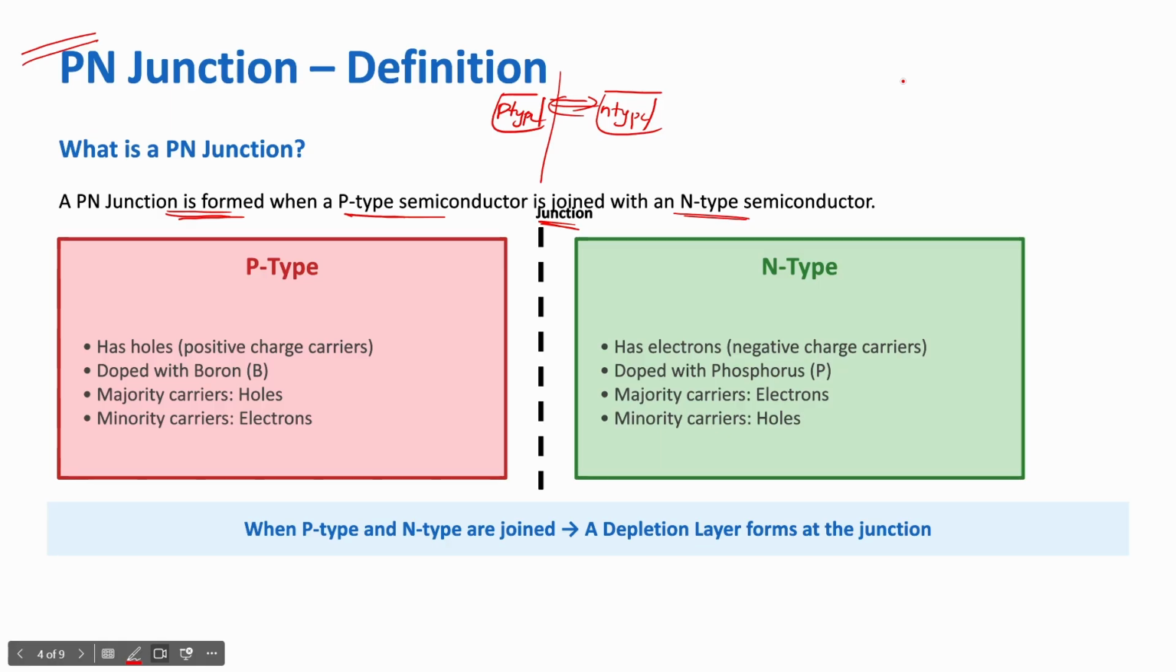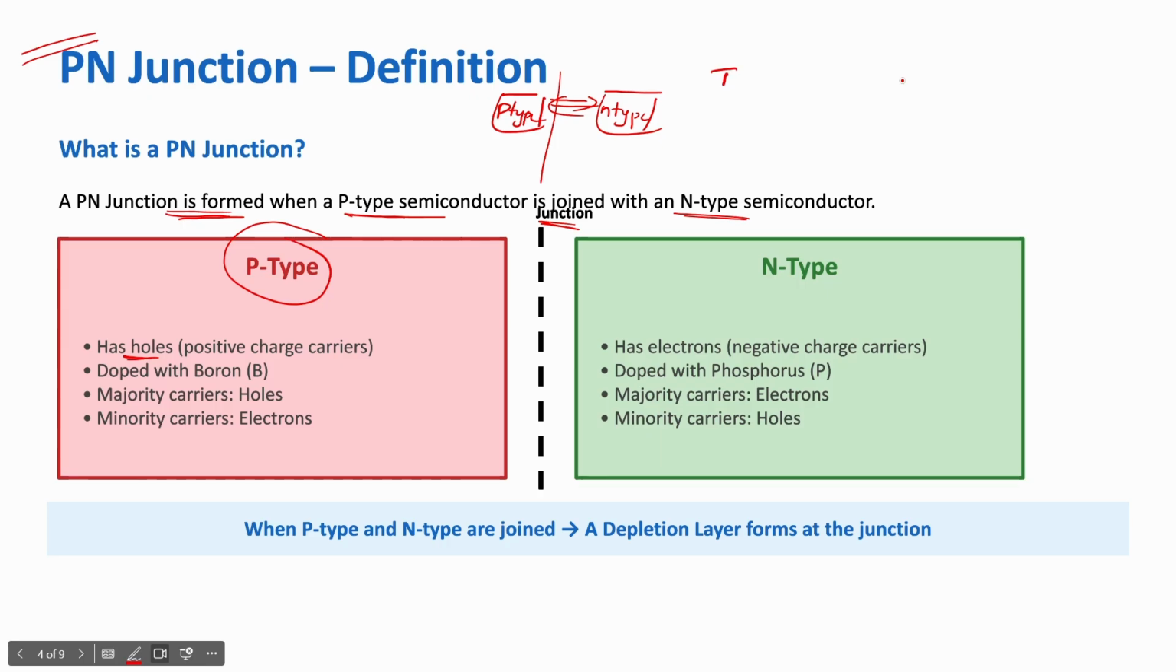So see here in p-type, what are the things? In p-type, the majority charge carriers are holes. That means positive charge carriers are present in p-type, doped with boron. I already discussed that doping concept in the previous video. If anyone didn't watch that, go through it. So here, for getting the p-type semiconductor,